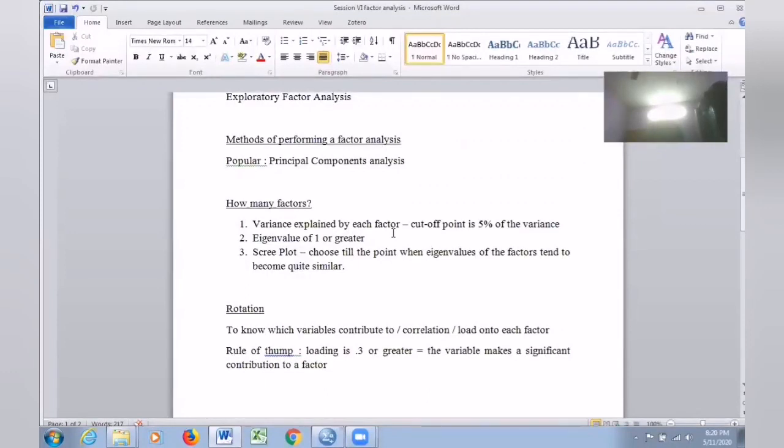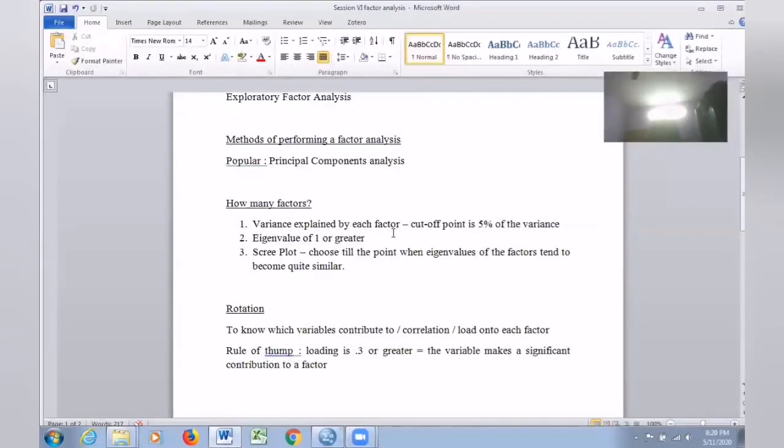That means the combined factor is able to reveal the same variance as that can be explained by each and every original variable it represents. For example, there is a factor, it has got 5 variables. So whatever variance can be explained by these 5 variables, just one factor also will be able to explain. That is what eigenvalue of 1 or greater.